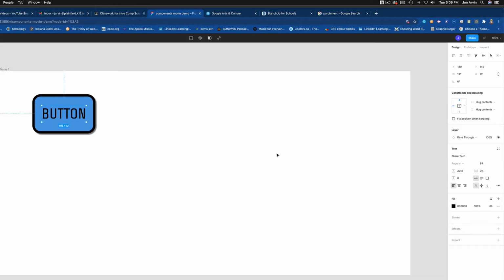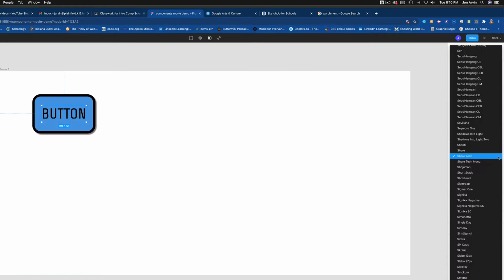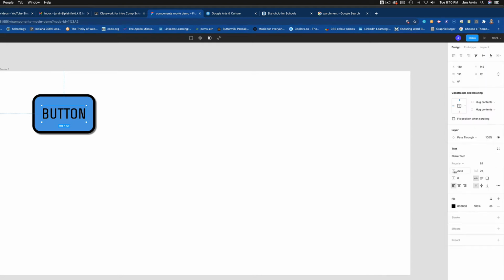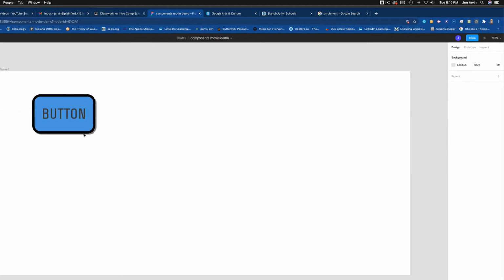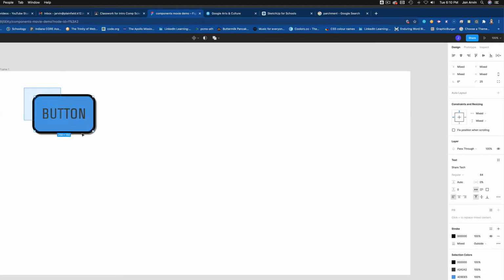Let me get my button here. Okay. So I'm using a font called Share Tech. It's a Google font. You could use whatever you want, but I'm using this Share Tech font right here, and that looks good to me. I might tinker with my fill color a little bit. All right. Cool. So now what I'm going to do is just make sure that that's all